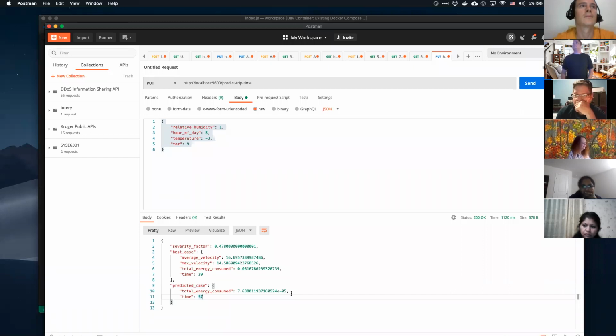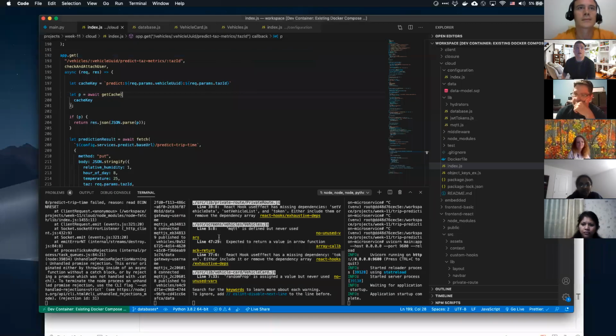Got done a lot faster. We could have done deployment too. Well, I'm not going to do that tonight because that's going to take a little bit longer. But basically, let's go in review here. We built a machine learned model using a random forest to predict trip time using weather and hour of day.